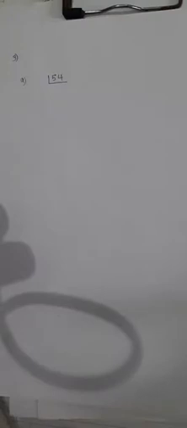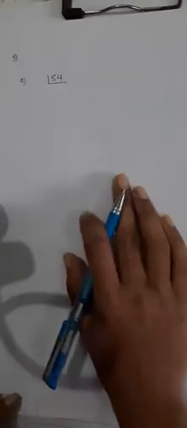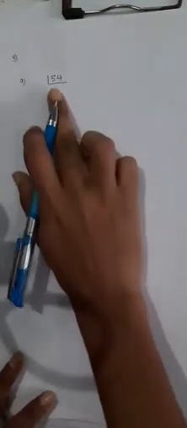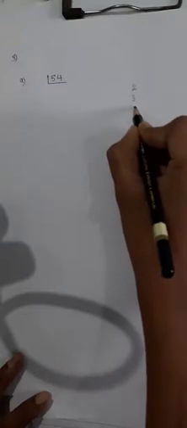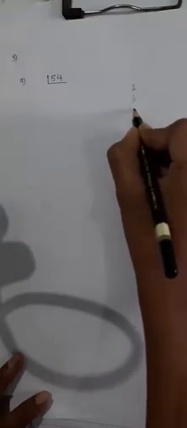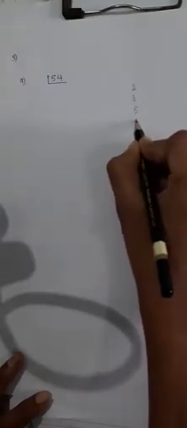So find prime factorization. What is a prime factorization? So just now we learned prime numbers. So we represent these numbers in terms of product of prime numbers. Just we'll see. We have to write 54. When we have to find the prime factorization of 54, we should write like this. What are the prime numbers? Prime numbers are 2, 3, then 5, 7, 11. Like this we'll get the prime numbers.